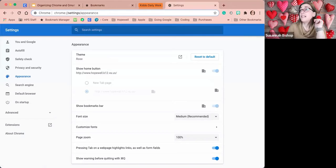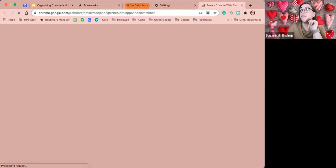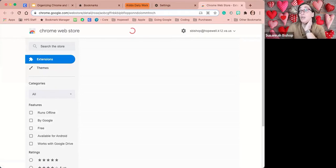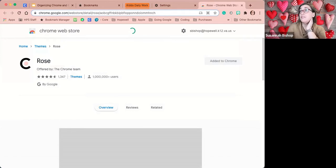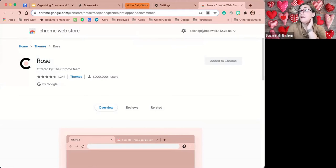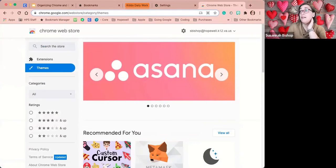So now I can look, there's the theme. I can click this little pop-out menu. I could reset it to default. It's going to take me to the Chrome Web Store. And I'm going to go from extensions. And here's my theme right here. I do love a rose gold. But if I just come back to themes in this menu,